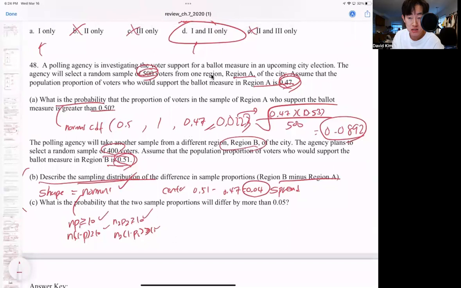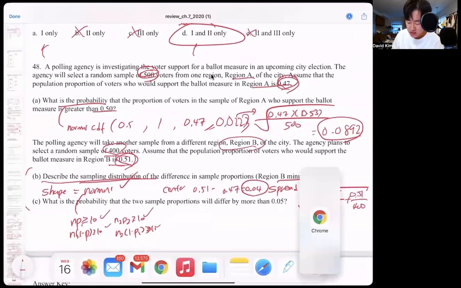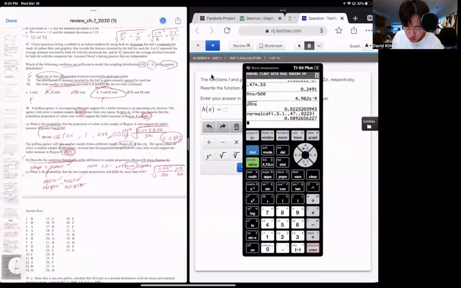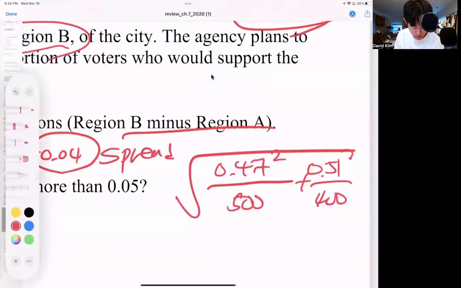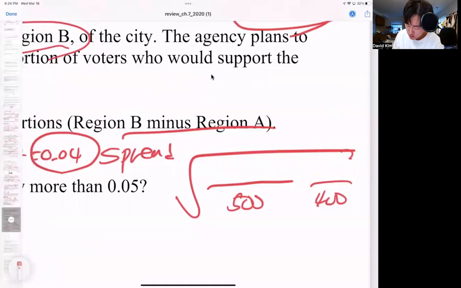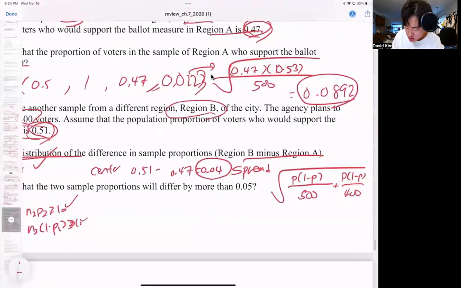The spread is the standard deviation. With that, I believe we have the standard deviation of the original, which is 0.47 squared, divided by 500, plus 0.51 squared divided by 400, and you square root the whole thing to find the standard deviation of them both being combined together. Oh, I'm sorry. This is proportion, so we need to do it a little bit differently. So it's p times 1 minus p, p times 1 minus p, and when you add them up, so this here would be